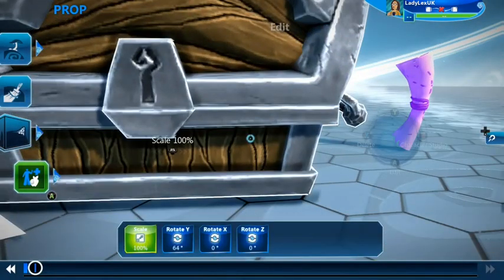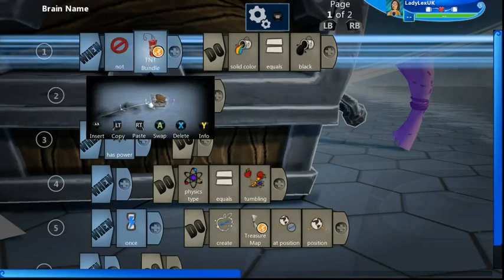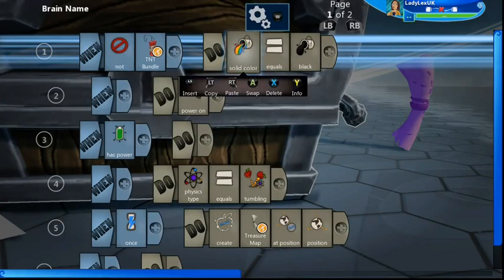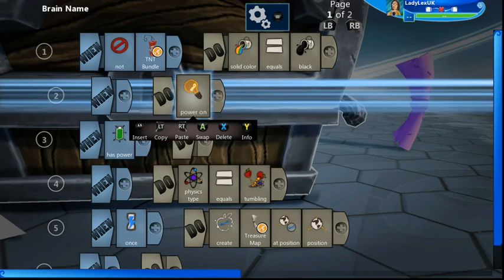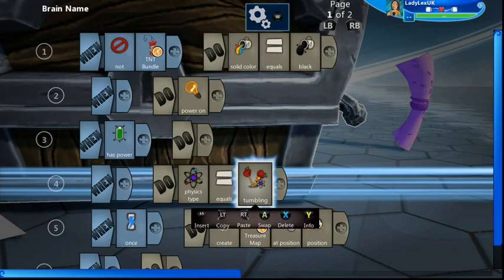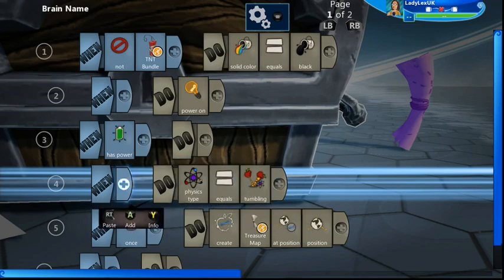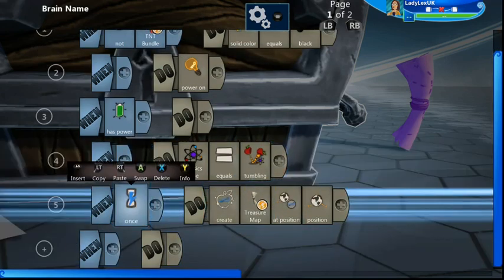And in the chest, it says when there is no TNT bundle, so the TNT bundle has exploded, and that's an in-world pick of that one there, then we're going to make my solid colour black, and we're going to power on, and that will open up the chest. When it has power, we're going to make its physics type tumbling, because don't forget the TNT bundle is going to make a hole, so we don't want our treasure chest floating in midair because the ground beneath it has been destroyed. So we're going to change its physics type to tumbling,